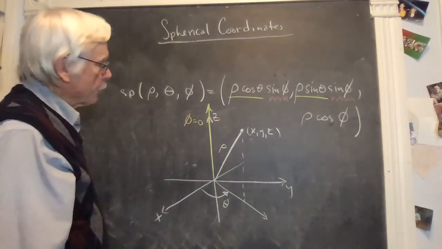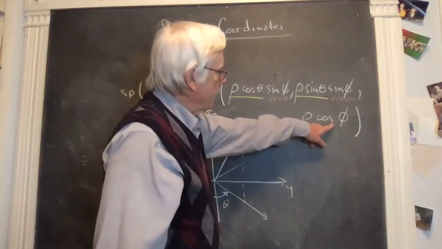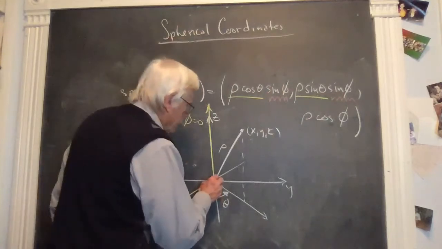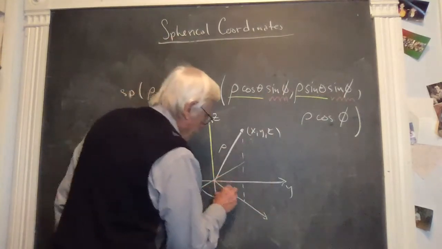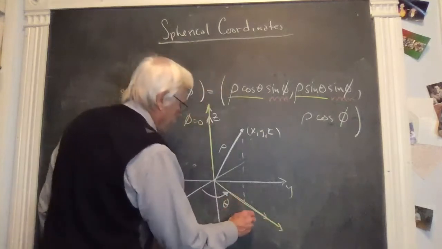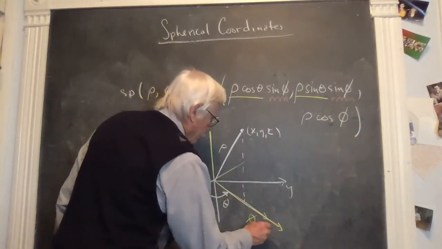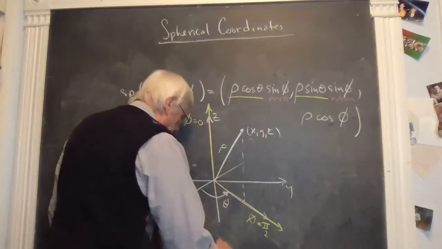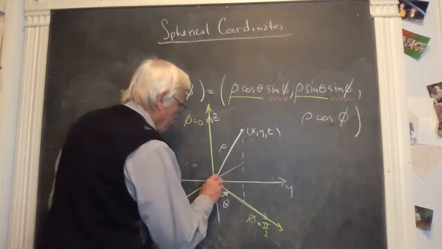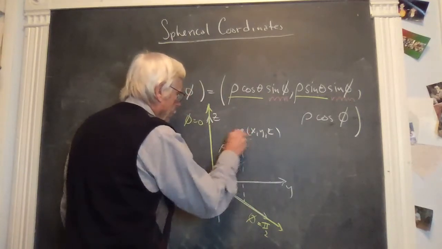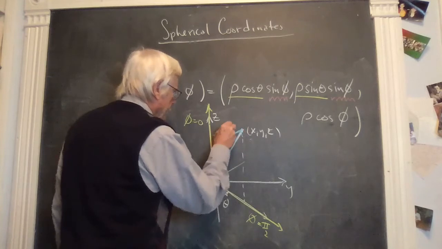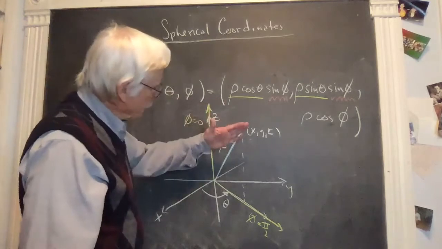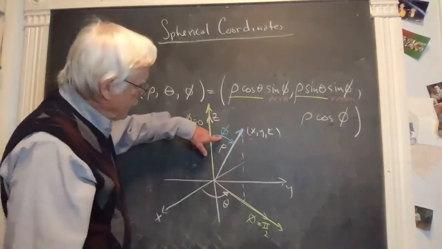If phi is pi over 2, then this term zeroes out, and these two terms are 1. So then the point would be on this line here. So this is when phi is pi over 2. And in general, phi will give you the angle between this vector and the z-axis. So this vector is depressed from the z-axis by a certain angle, and that is the angle